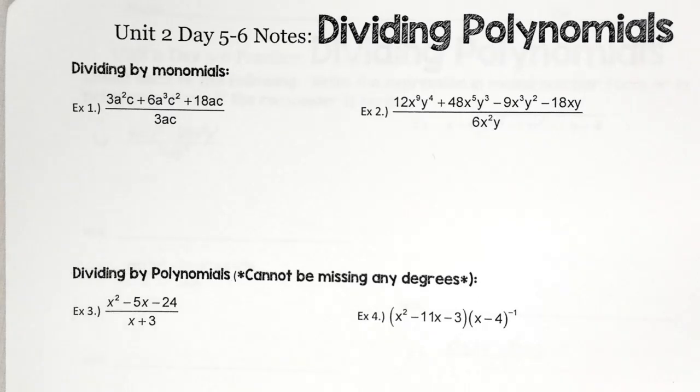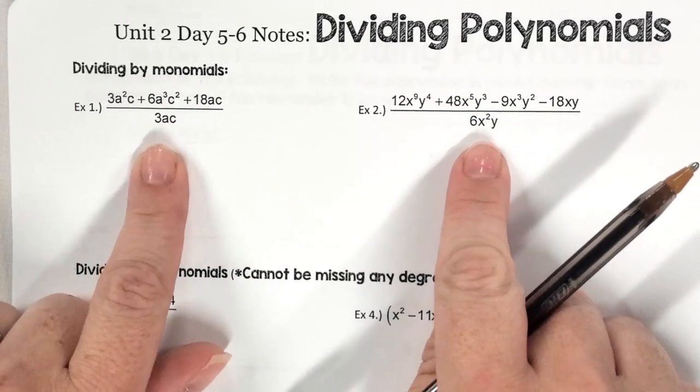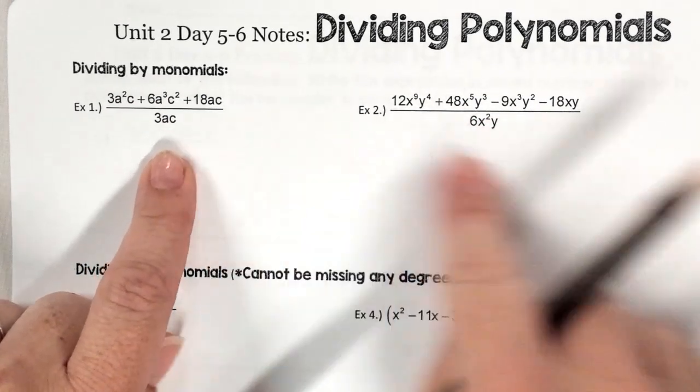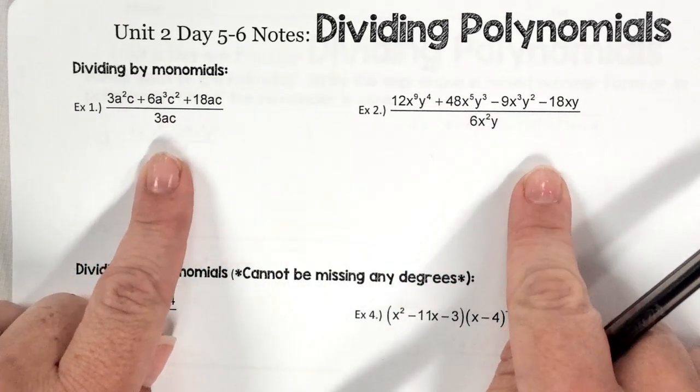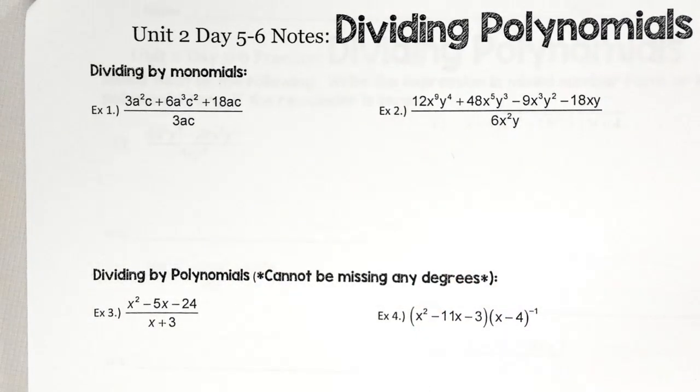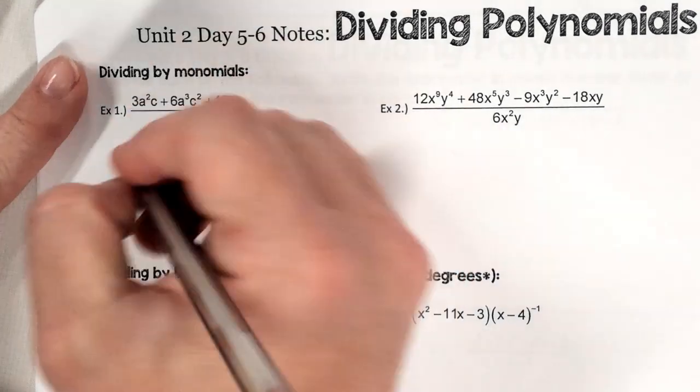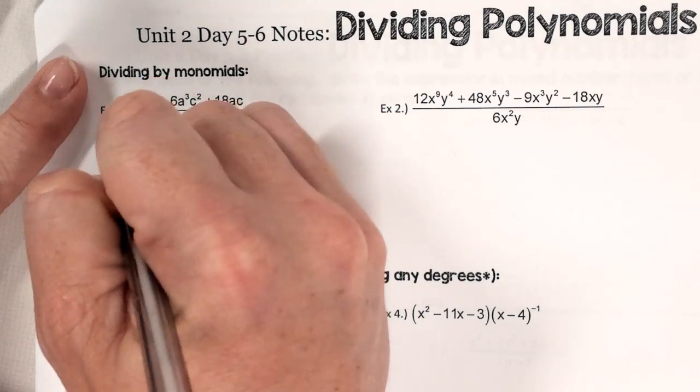So we are dividing polynomials. If you look at the first two, those are monomials on the denominator. See how there's only one term, there's no plus or minus? These are easy, okay? What I want you to realize, if you look at number 1, this is the same thing as writing it